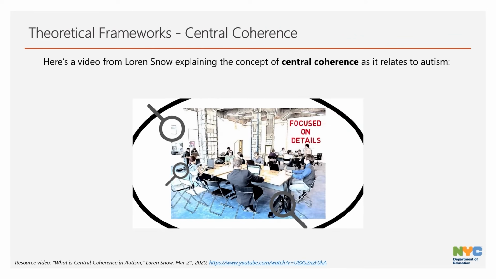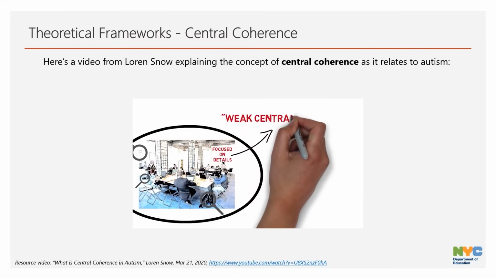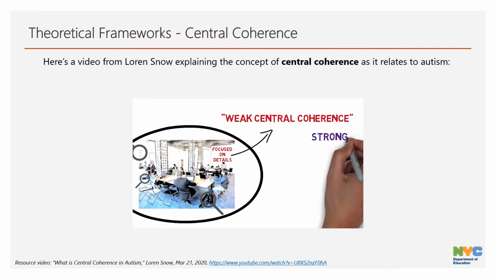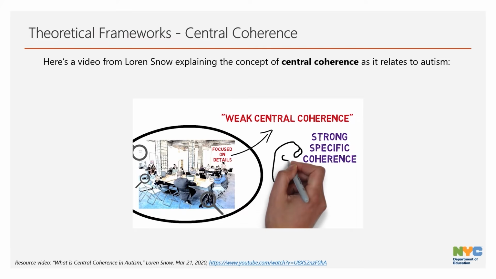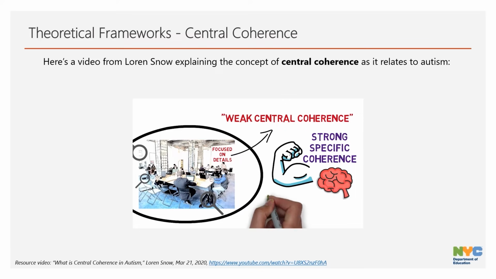This tendency for autistic people to focus on those finer details is often called weak central coherence, but I like to call it strong specific coherence. There isn't really a problem with that, it's just a different way of seeing the world. The autistic mind's ability to focus on certain details and patterns can be really advantageous in some situations. And it may be possible that as a result of seeing all the finer detail, you come to a different bigger picture. Most autistic people seem to be good at noticing patterns, but what patterns an individual recognizes varies